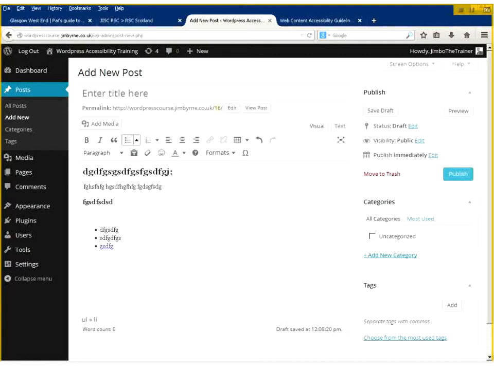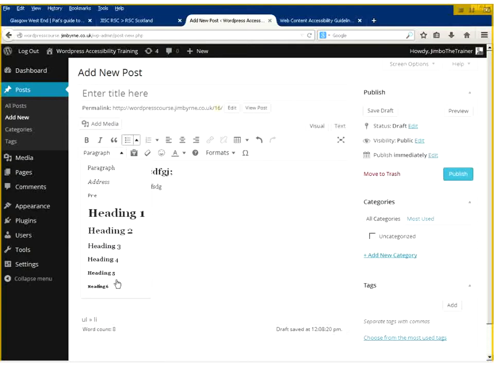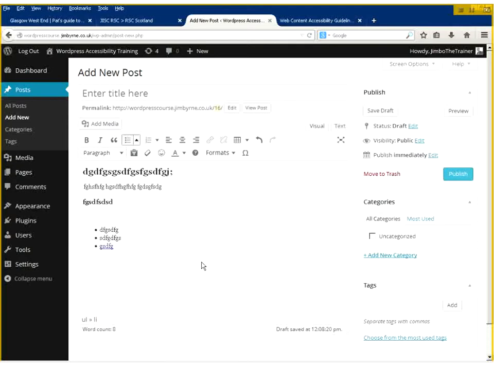So all of this stuff helps with summarizing and navigation around a page for somebody using a screen reader. So structured markup is important, and when we create our pages, we should label everything using this wee pull down menu down here. Now, you may already do this, I don't know, but if you don't, then this is the way to do it, which is why it's sometimes quite a good idea, if you are copying in from Word, just to copy it in as plain text and then add the structure yourself.